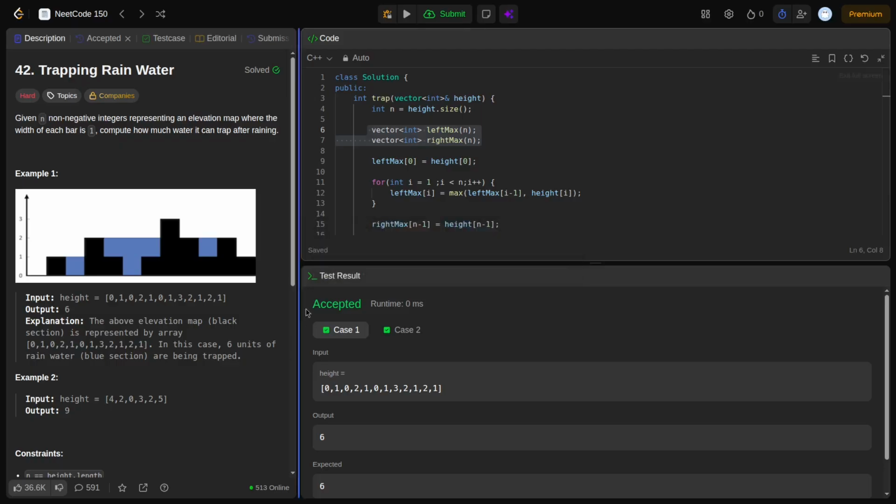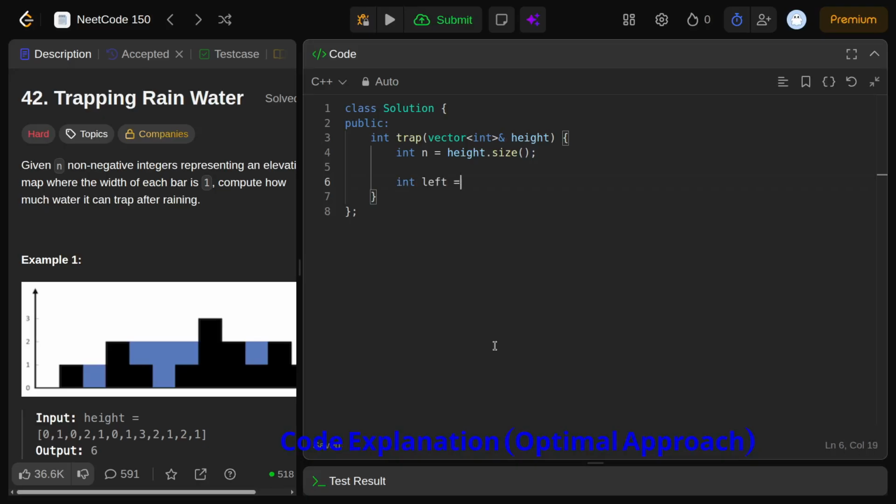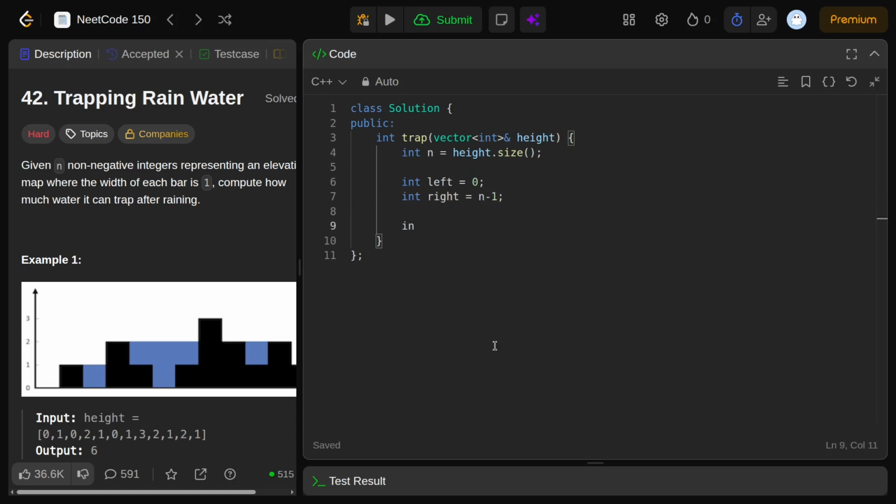Let's move to the code. So first we take two pointers, left starting at 0 and right equal to n minus 1. Now we maintain two variables, left max pointing to 0 and right max pointing to 0, and these variables store the highest bar seen so far from both directions. Now we take a variable in which we will return the answer, meaning the total trapped water,